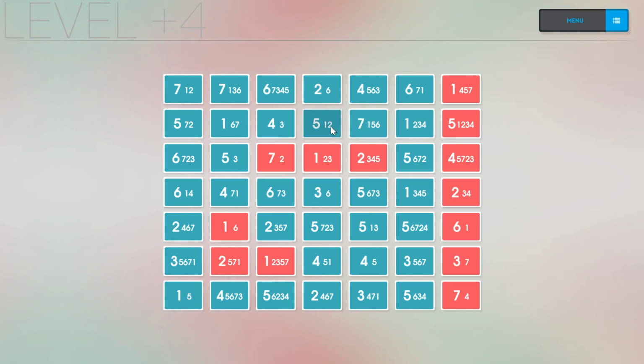So this 5 and this 1 both are invalid, making this 2, making this 6. Bumps that and that. The 7 here has to be valid because there's a 6 and 1 here. That helps. That bumps that, and that. And then the 1 gets bumped again. And so,